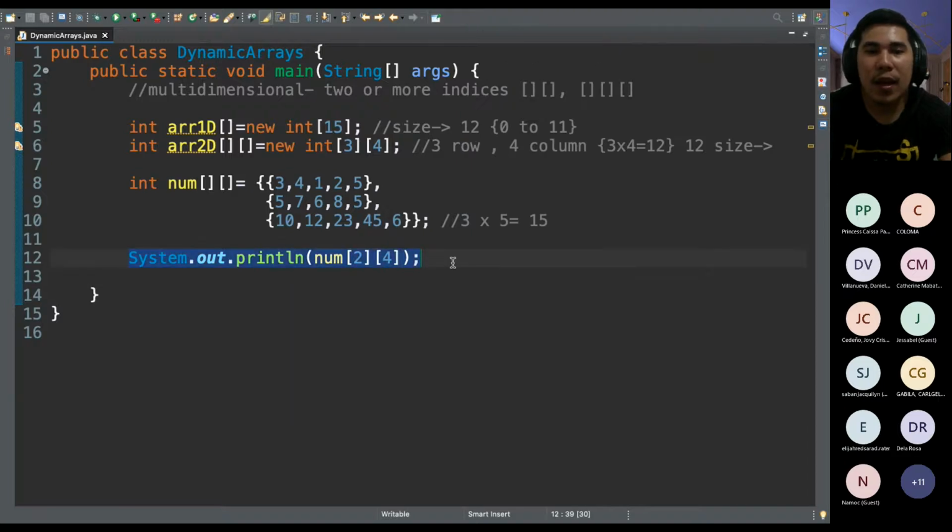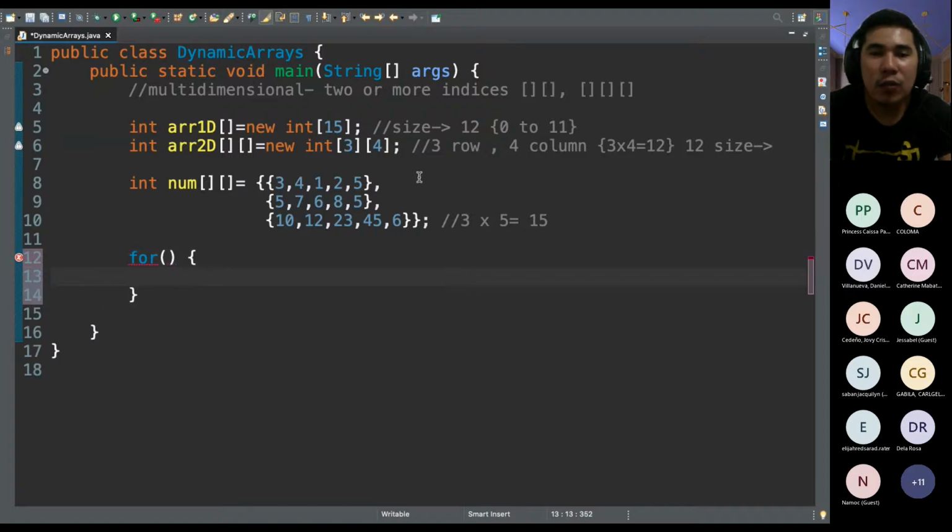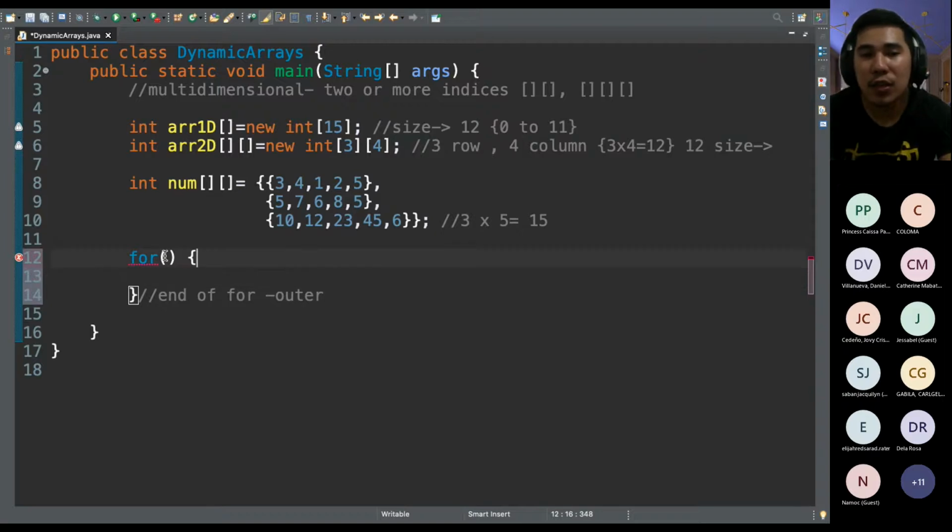Now, I don't know if this is what you are trying to convey, that if I'm going to read all of these values right here using loops, okay, so this is like end of 4, which is usually outer. So we're gonna be using nested loops here. Now the outer and the inner loop. So most probably, let's say this is the R to represent the row starts with 0, and then R we'll have here num